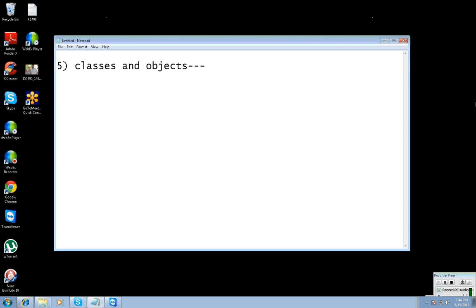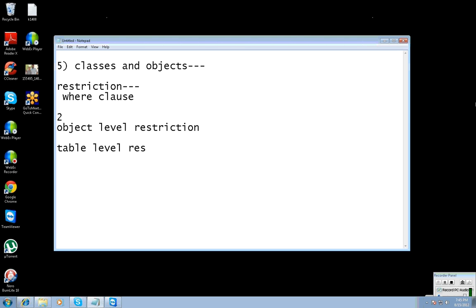And object level restriction. What is the meaning of restriction? How many types of restrictions can I apply? Restriction is nothing but the where clause. How many types of restrictions can we apply at the universe designing level? Object level restriction and table level restriction.